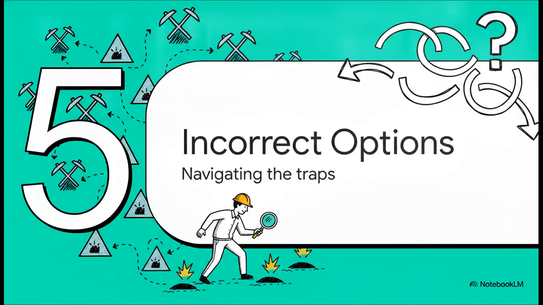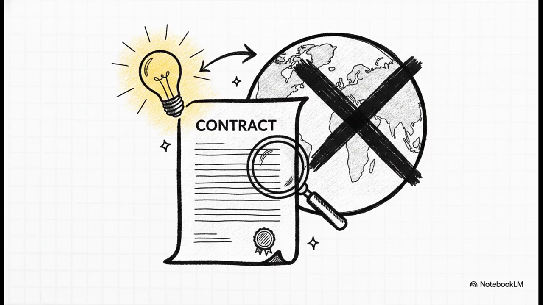Now for part 5. We need to navigate the minefield and look at the psychological traps hidden in those incorrect options. Let's start with option A, which I like to call the jurisdictional trap. This one tries to bait you into thinking regional definitions are what matter most. It asks if gross negligence is a recognized category in your specific area. But remember, the explicit interpretation of the contract will always supersede broad jurisdictional categories. The contract's specific written intent matters way more than how a regional dictionary defines gross negligence.